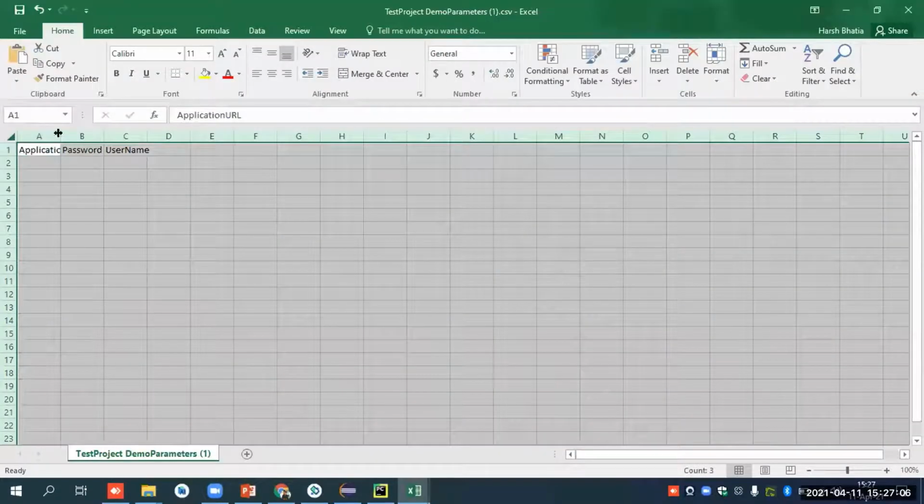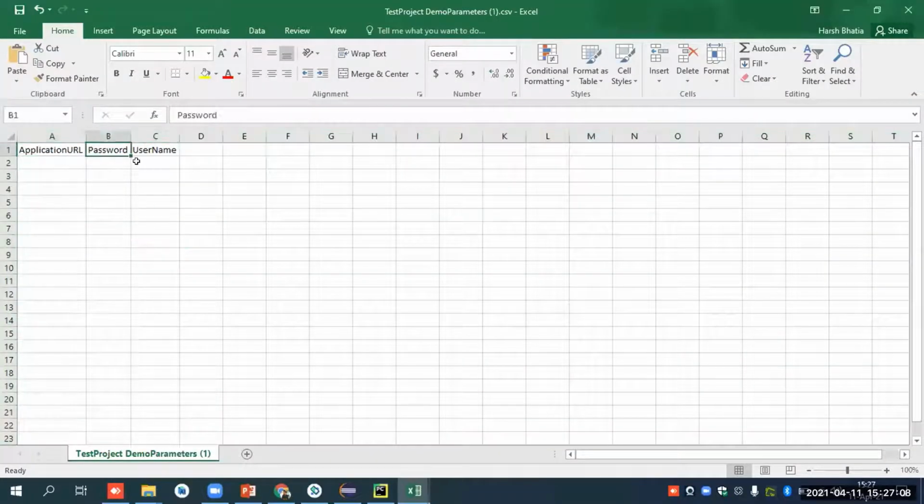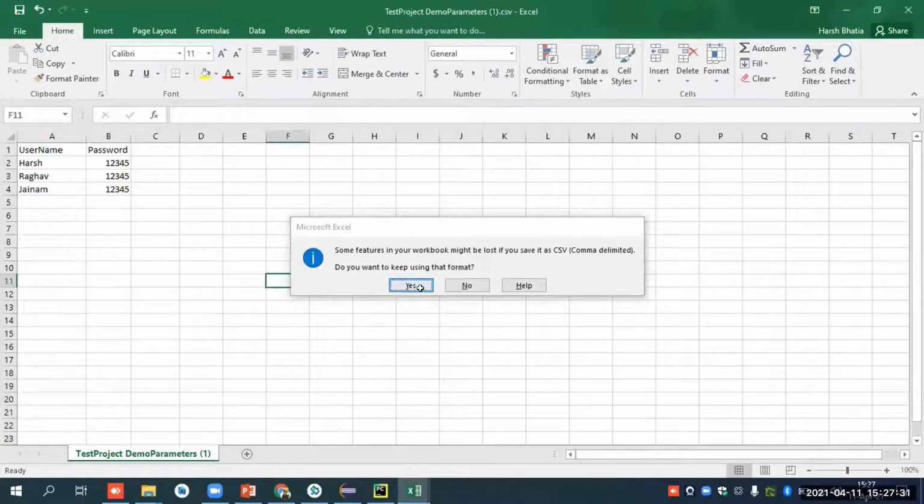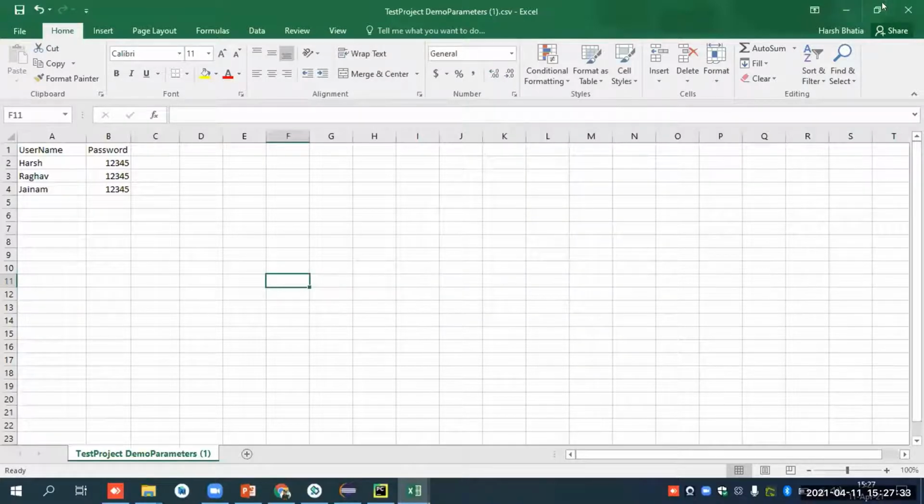It shows the application URL, password, and username. We don't need to change the application URL right now, so we are just using the username and password. I will enter a couple of entries for username and password, and I will just save my file.